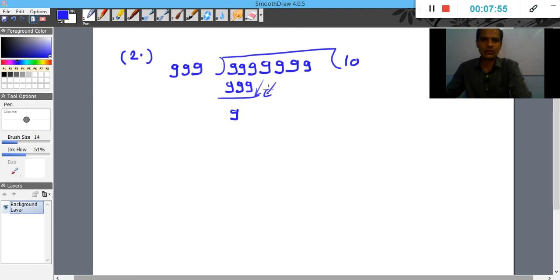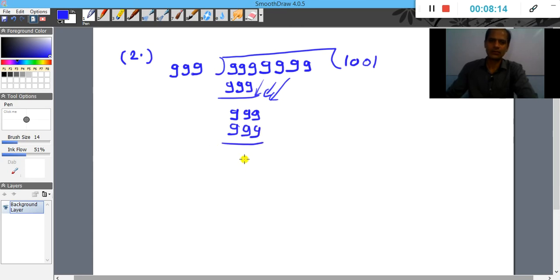Again copy this 9. Okay, so 99 is not divisible, again write 0 here, and next, copy this 9. So it is divisible now. 991, 1 one is 991. Now after subtraction we have 0, and copy this 9 here, we have 9. Now you have to subtract this number, that is the remainder, from the dividend.